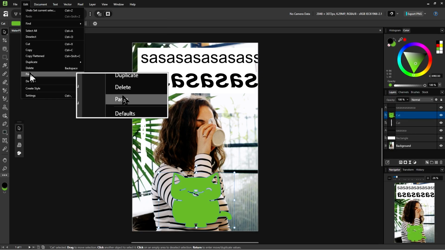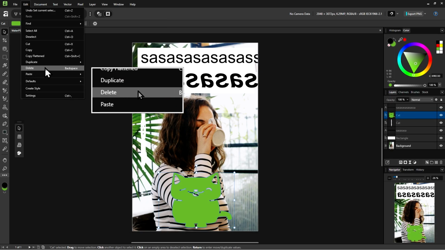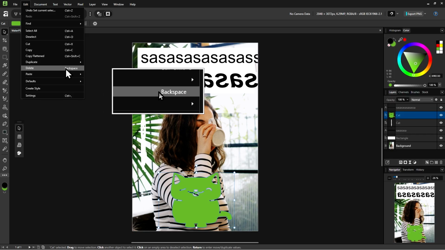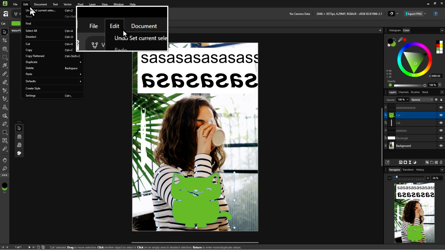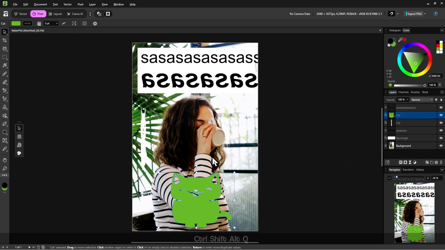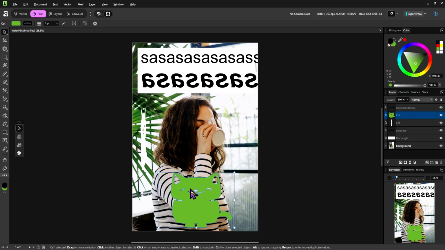But instead of that, a much faster way is that you can actually look to the right of delete and you will see backspace. And if you see a keyboard key to the right of a command in a menu, it usually means that's the shortcut. In this case, backspace. So let's close down the edit menu and just try, while we still have the green cat selected, backspace.